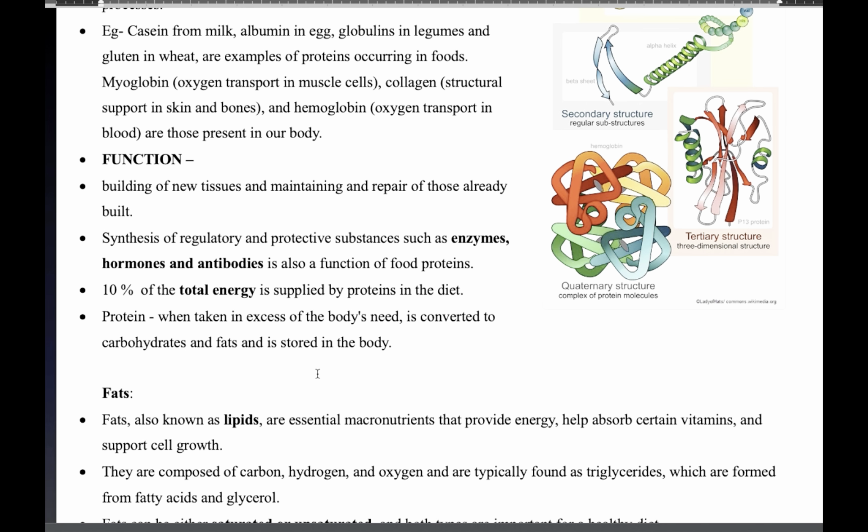Okay, body building nutrient of the body. The main function is to build new tissues and maintain and repair the cells and other structures in the body, also regeneration of the cells. And here it also has a big role in the synthesis of regulatory and protective substances like enzymes, hormones, antibodies,